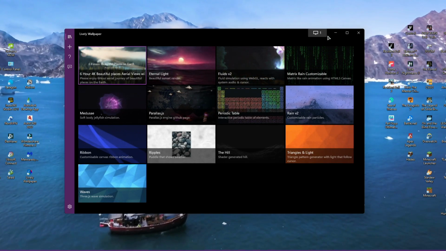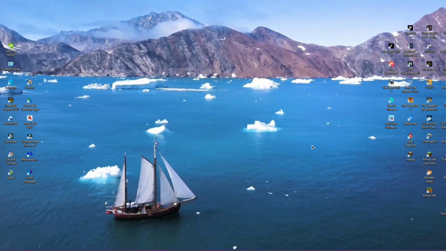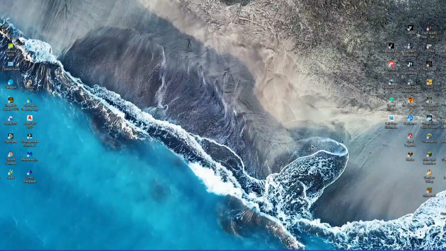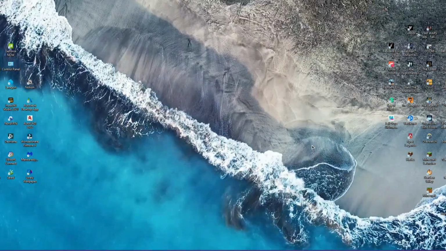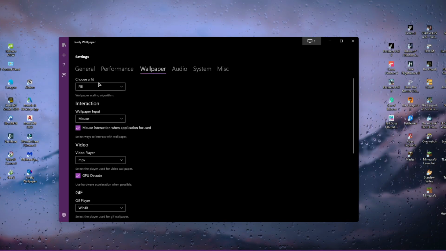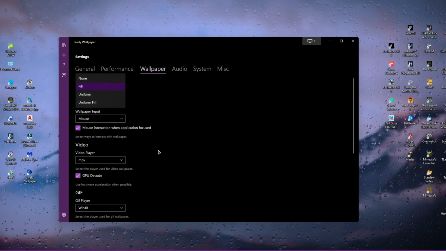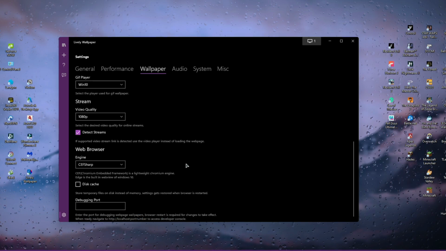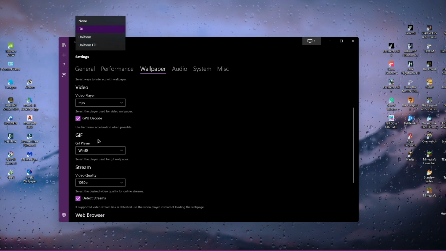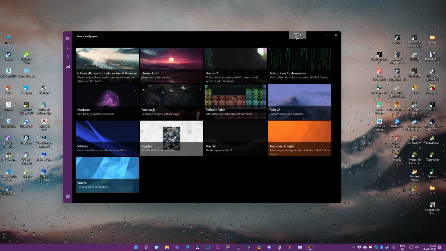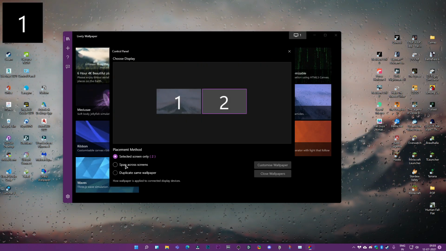Now in just a second, I'm gonna show you the CPU usage it cost me. But in the settings option, you can see a lot of settings and I'm not gonna go through all of them, but it's gonna be self-explanatory, like there is start with Windows and all that. And also if you have dual monitors like me, this is what you have to do. Just click here on this icon and choose whatever you want to.